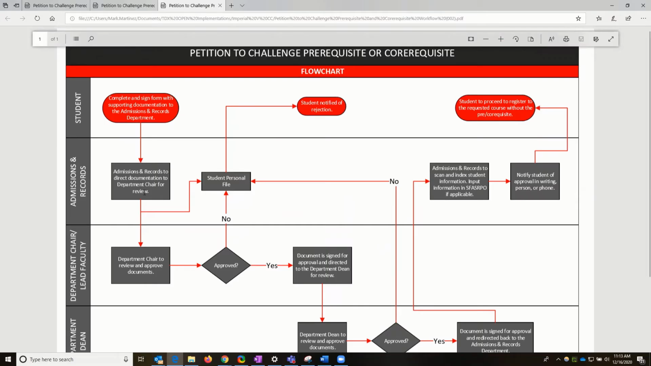So admissions and records directs documentation to the department chair for review. We need to think through how we allocate this role. As we talked about on the workflows the other day, there are role-based approval steps that can be possible, but those are typically the requester, the requester's manager. And my thought here, correct me if I'm wrong, is that the student is not going to have